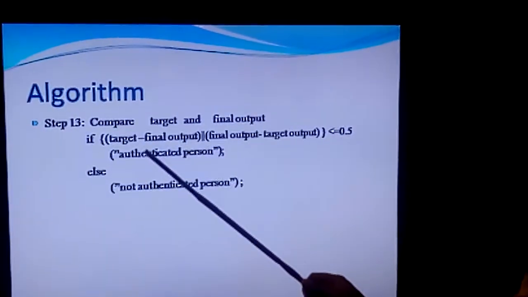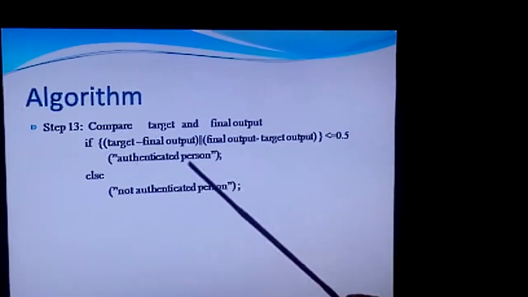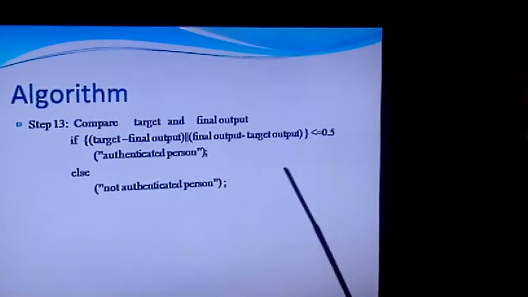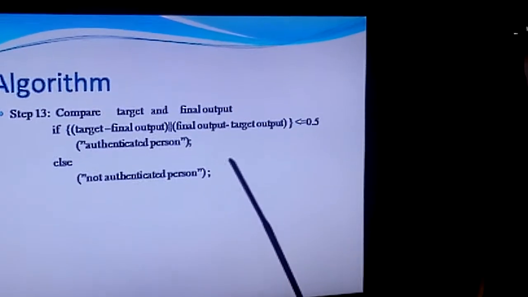Now, if the difference between the target output and the final output is less than 0.5, that means the person is authenticated. If the difference between the target value and our final, upgraded predicted output is more than 0.5, that means the person is not authenticated. Because we experimented: if a person's signature has some differences, but we compare against an authenticated person,